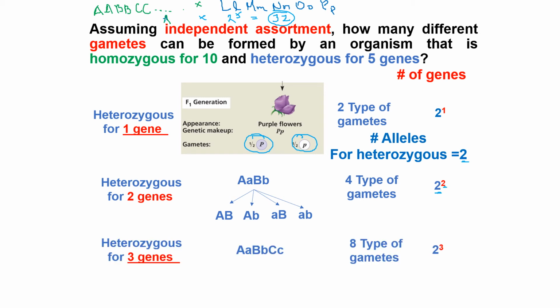When you have 2 genes, it will be like this one, and this one, as we said, is multiplying. It's 3 heterozygous, so it will be 2 multiplied by 2 multiplied by 2, so it's 8. Or you can just